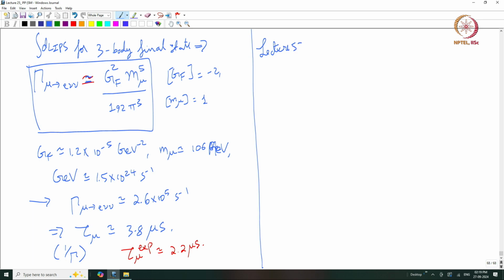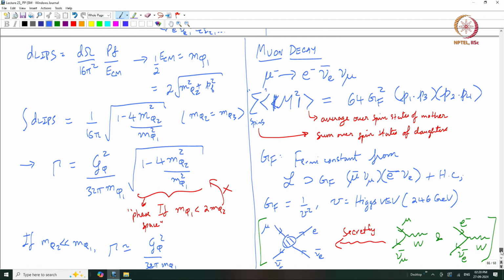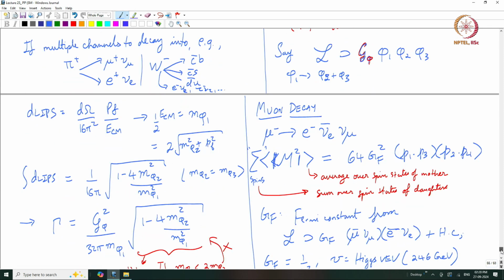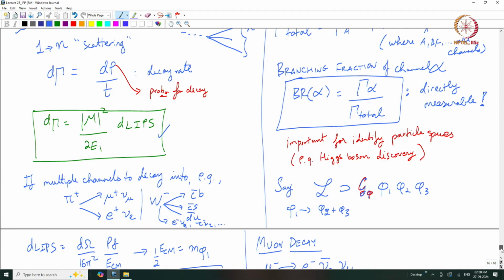Alright, so welcome back to Particle Physics and the Standard Model. This is lecture 53, and last time we started studying the phenomenon of decays, right, which we saw could just be thought of as 1 to n scattering as far as getting the expression for the rate goes from the amplitude and the Lorentz invariant phase space, right. And from there on we thought about various channels of decay, and that gave rise to